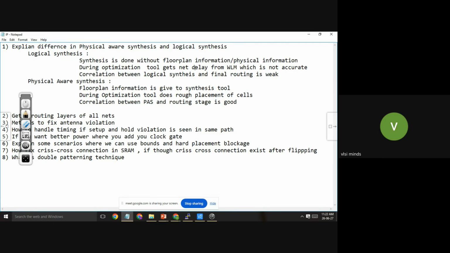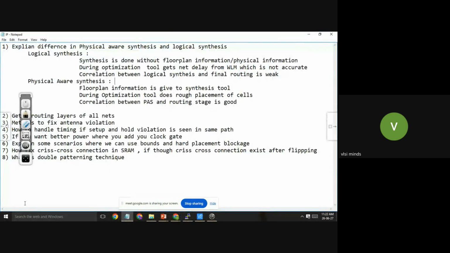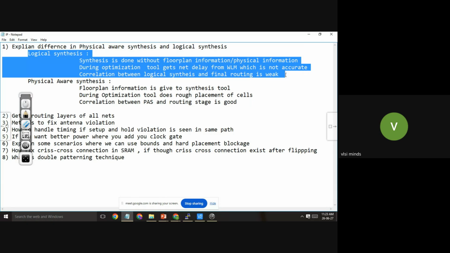Yeah, at the beginning, logic synthesis is required, because only then can you create your core area, correct? Yes, sir. If we know the information beforehand, we can go for physical synthesis directly, right? Yeah, that is what I mentioned. If you know your floor plan from the previous project experience, in the previous project the same block was used, then logic synthesis is not required. Then you can directly use that area, hardly adding some 5% or 10% extra to that. You can go with it.